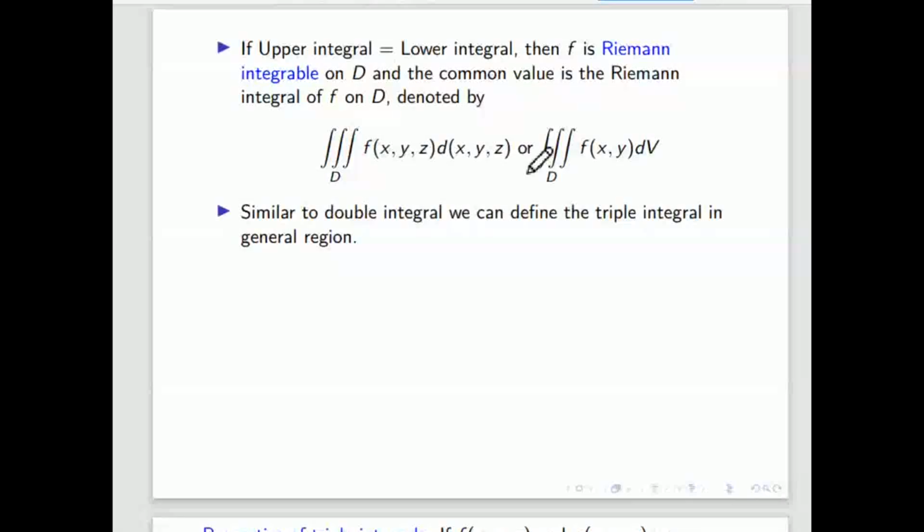So here the region is not a 2-dimension region, it is a 3-dimension region, in 3D. And here it is written dv, and here it is written dx comma y comma z. This dv is because of volume. In the double integral we write dA because of area. So this will give volume and that will give area. That problem also we will do.